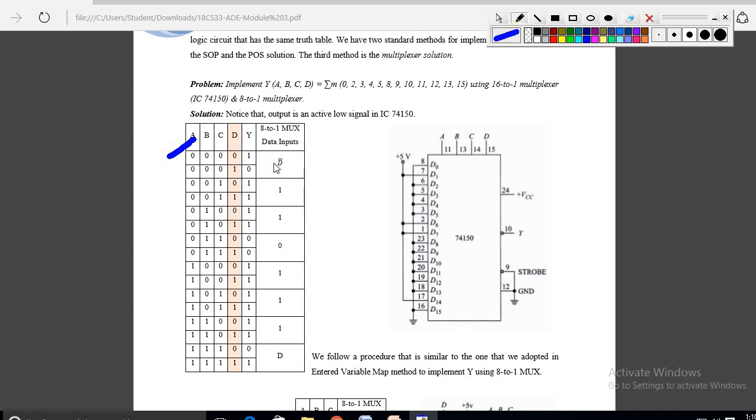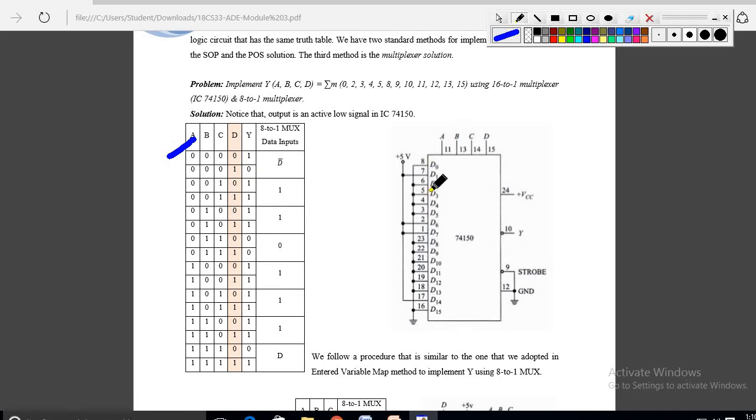So see here, these are the data inputs of your 74150 IC. These are the control inputs of the 74150 IC. These are all fixed. We can't change the pin configuration of these particular ICs. These numbers are fixed. We can't change 11 to 12, 13 to 11 like that. So these are fixed. We have to connect the same.